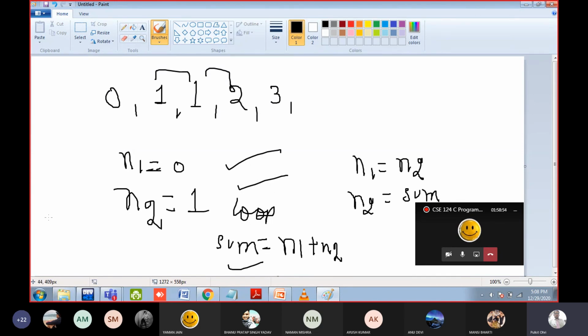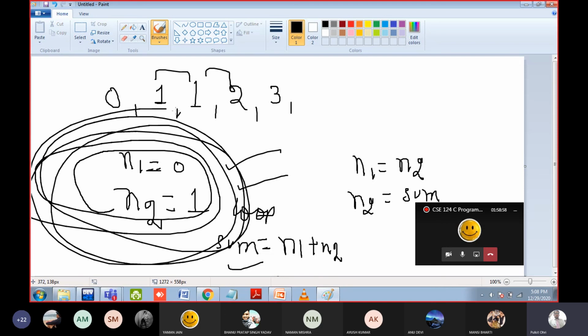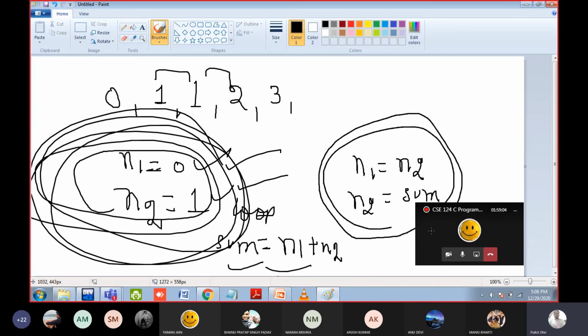Yes, correct, but these two values you have to print before the loop because these should also be printed. So print n1 and n2 on the screen, then print the value of sum, then change the values of n1 and n2. That's all. Stopping condition is given by the user, how many numbers you want to print. Okay, that will become a stopping condition. That's all, simple. So this is a homework, do it by yourself, and this is a very famous question.